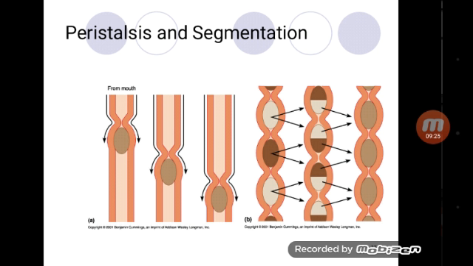Peristaltic waves involve a smaller length of intestine. When chyme enters the intestine, the bolus of the chyme stretches its wall. The part of the intestine behind the chyme contracts, and the part of the intestine in front of the chyme relaxes. So the ring of contraction proceeds in the forward direction. The primary function of peristaltic movements is to propel the chyme in the forward direction.